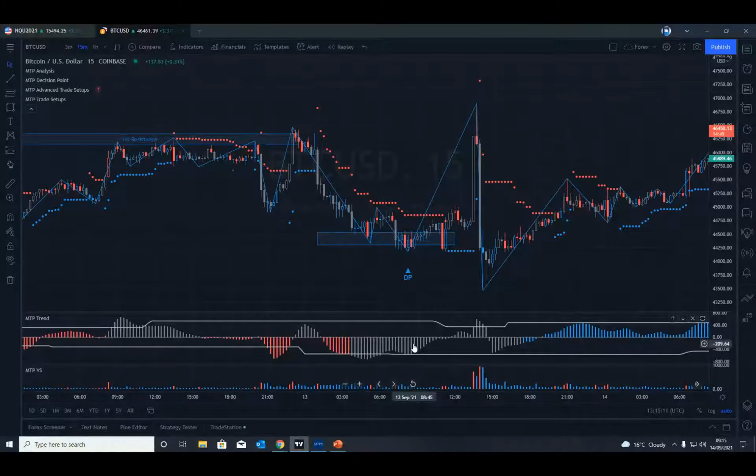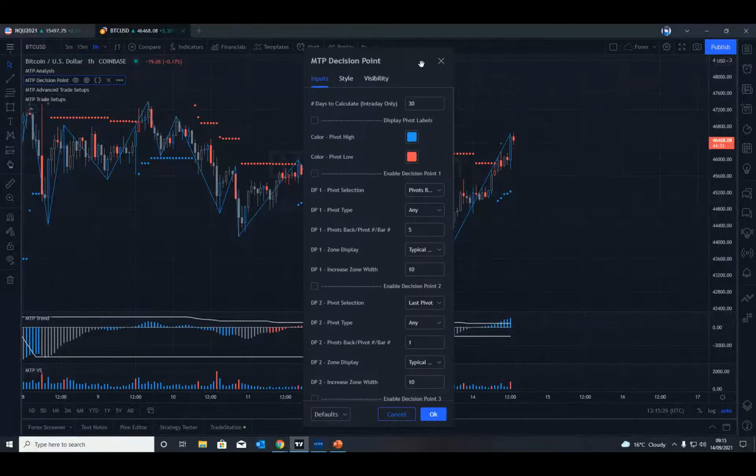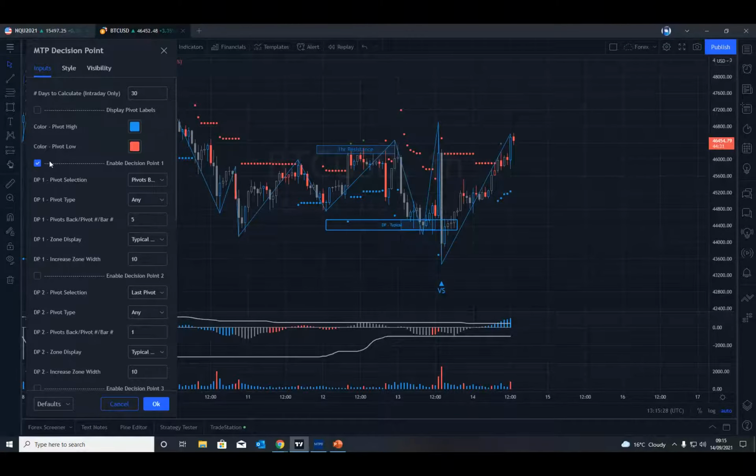Our MTP trend was grey, showing it was in the process of making a reversal, and the market rallied up quite nicely. But the interesting thing for me, as it was rallying up, is where it rallied up into. I'll go back to the higher time frame chart, place the DP on again, and take a DP off this high here, 4 pivots back. Off this pivot high, look where we anticipated potential resistance. That 15-minute DP buy went right up into the higher time frame resistance area.